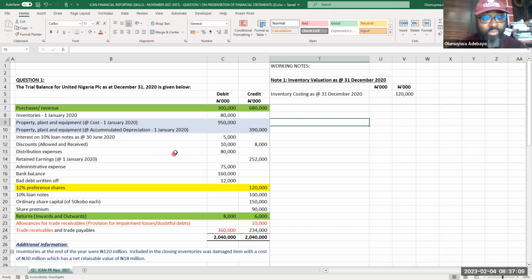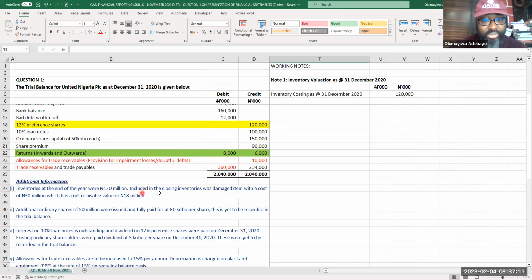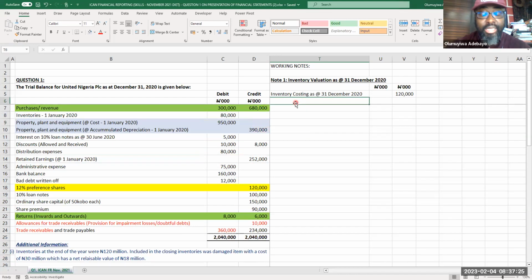Okay, now we're getting information that included in closing inventory was a damaged item with a cost of 30 million, which has a net realizable value of 18 million. What this suggests is that a portion of the inventory, let me separate the portion, damage,